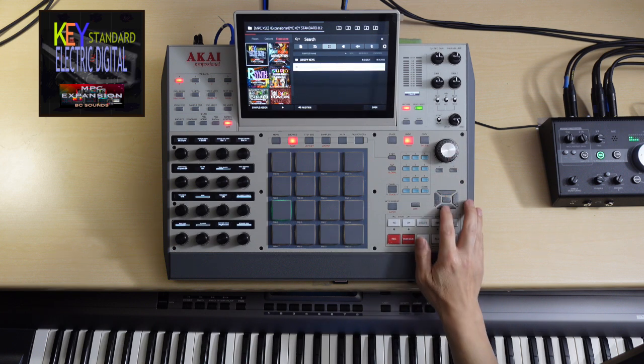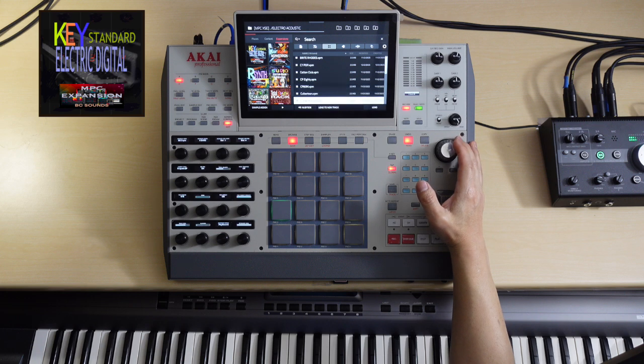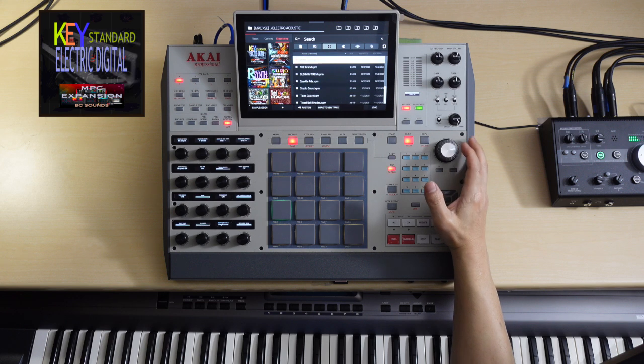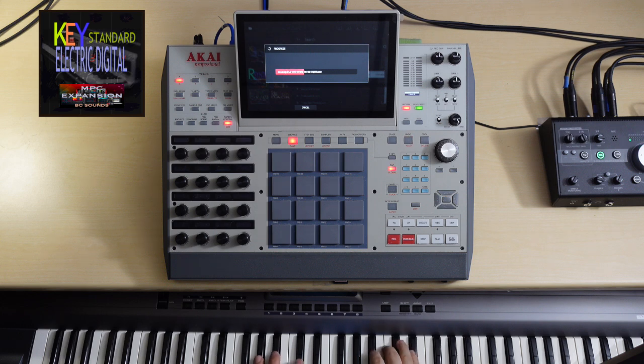And then you got to have acoustic pianos and Fender Rhodes style stuff. So if you want that old Mark V